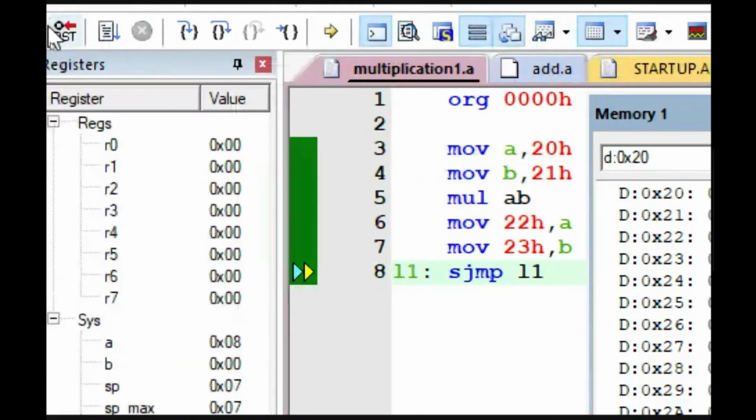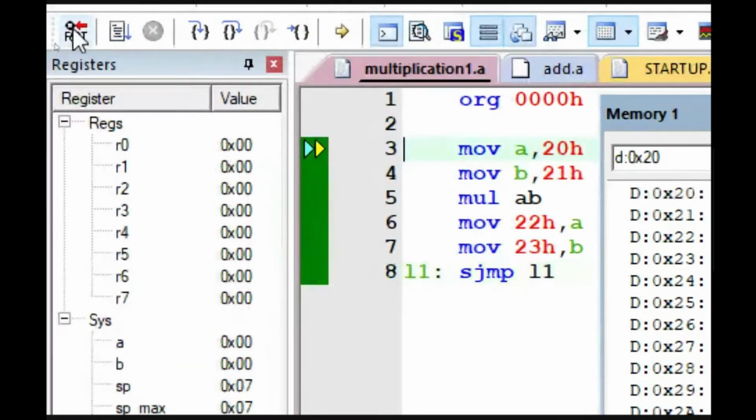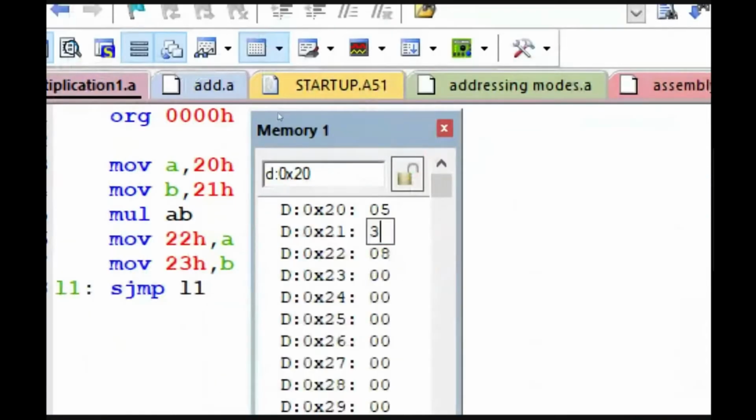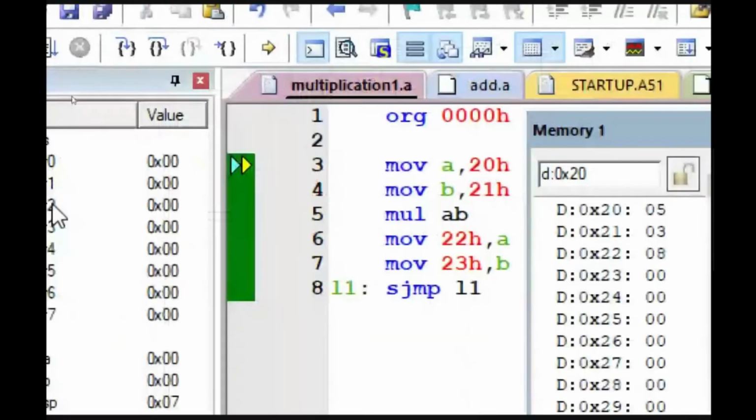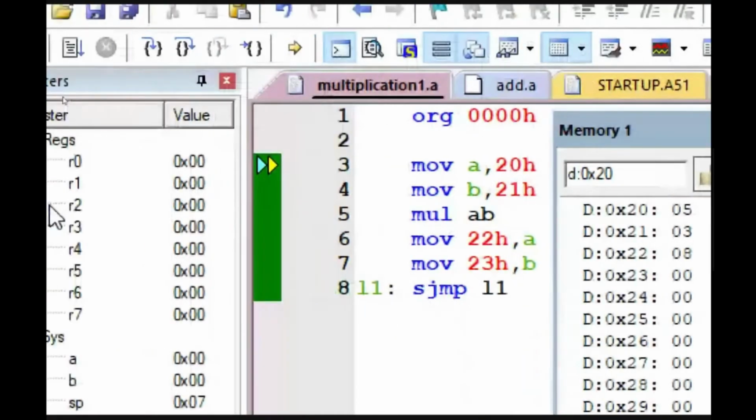So now I am going to reset the code. If you press reset, again the program execution will come to the first line. So this will be convenient for us to modify the rate. So 5 3s are 15. Let us see, 5 3s are 15. Check whether we are getting 15. What is 15? Normally it is a hexadecimal number, no? Hence 15 means F is the answer.